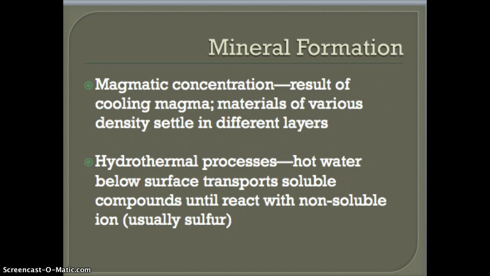So let's look next at how some various minerals form, and there are essentially 4 different ways that minerals form in the earth. One is from magma. This would be molten activity, and since everything is pretty much in this liquid, semi-liquid type solution, different materials will settle out based on their density. So the denser materials would go to the bottom, the lighter, less dense things would float to the top of the magma. So then whenever the magma solidifies and cools, those minerals are going to be at different layers